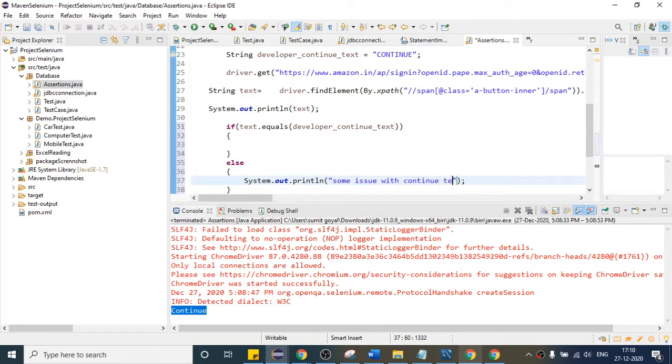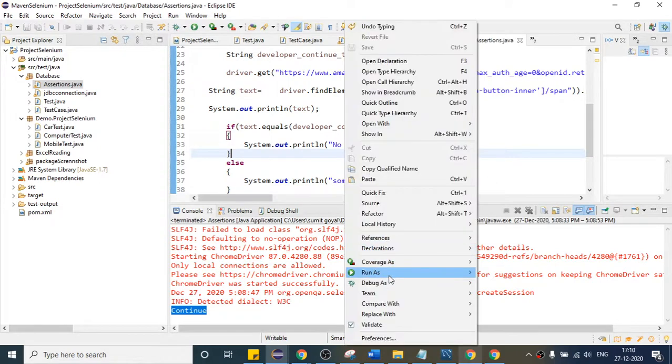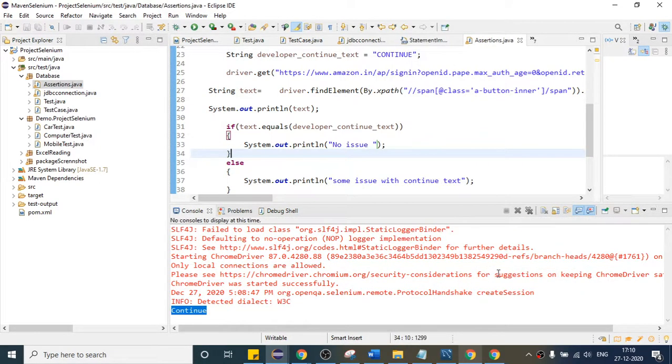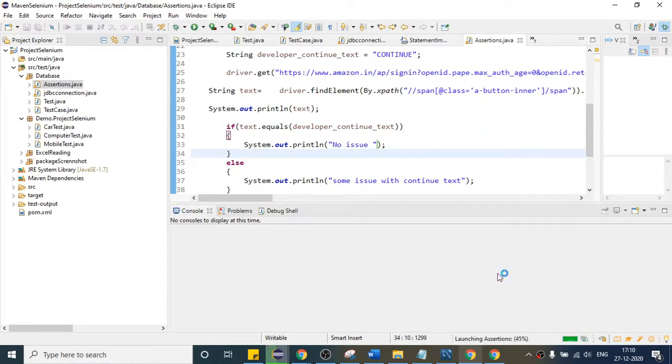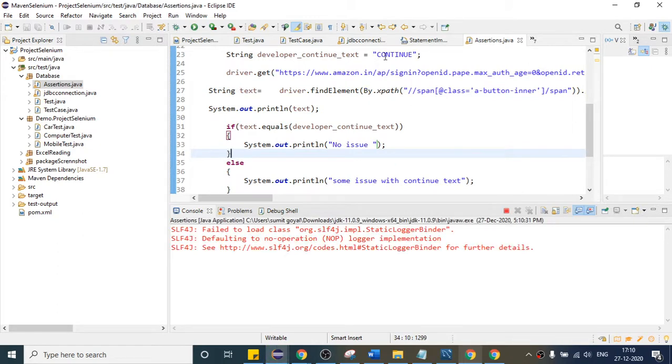So instead of checking manually, I can write here, no issue. Let us see what output we get. This time we should see this one, so that I can come to know that there is some issue with my website. Every time, suppose I run this test case daily, if I do not find this continue text like this, then it should print this message.